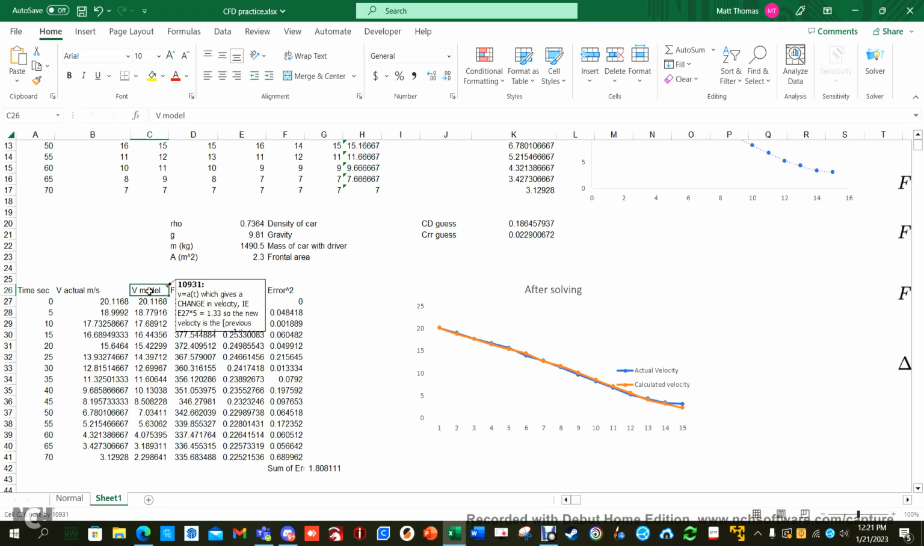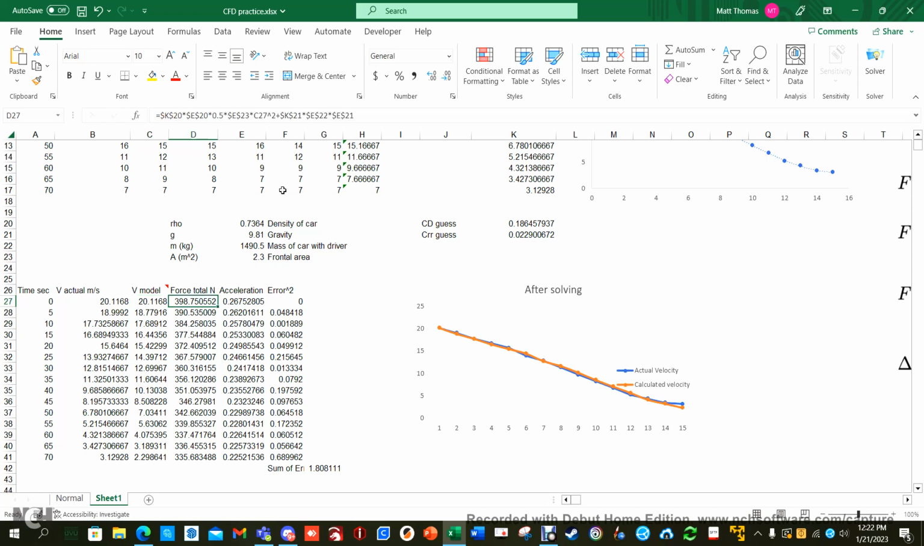It says the velocity is equal to this, which gives a change in velocity. So cell E27 multiplied by 5, this is equal to 1.33. So the new velocity is the previous minus this 1.33 meters per second. So that's important. So how did I get that? Let's see if I can find. Okay, so we're taking the previous, okay,